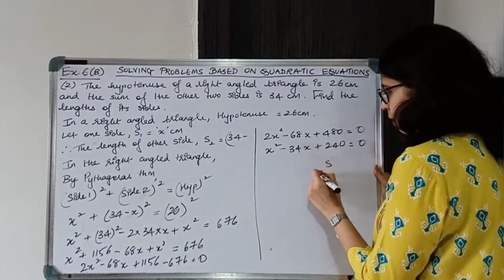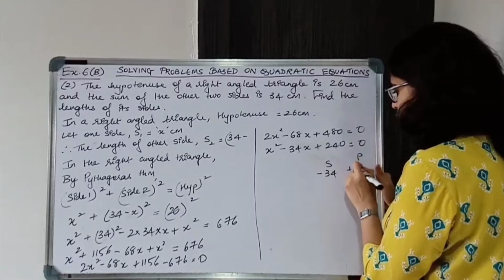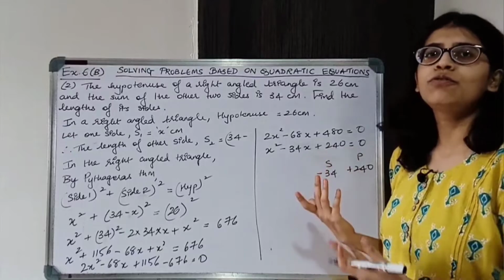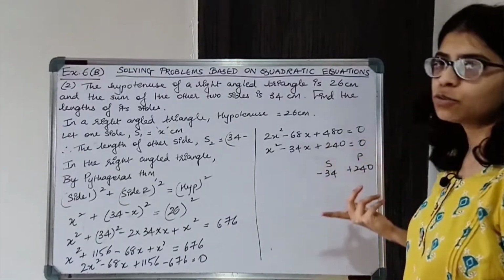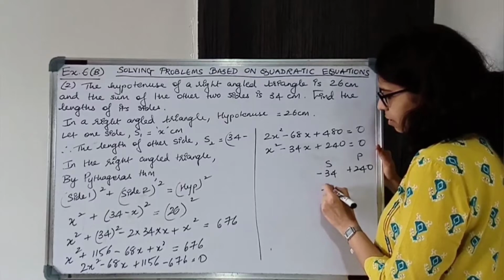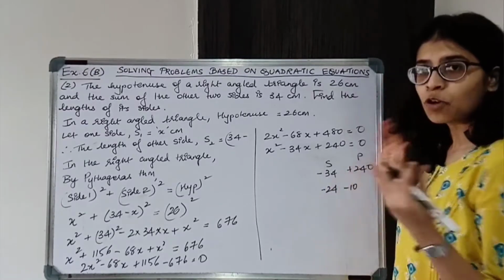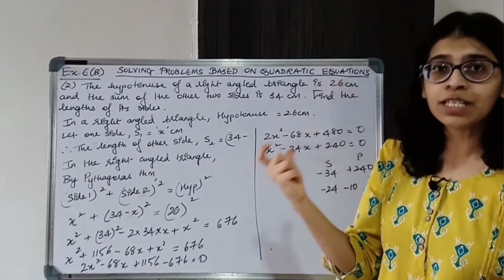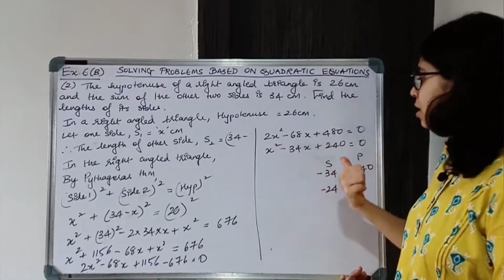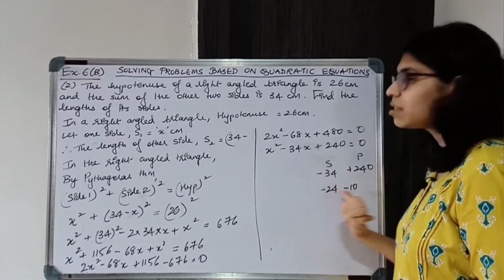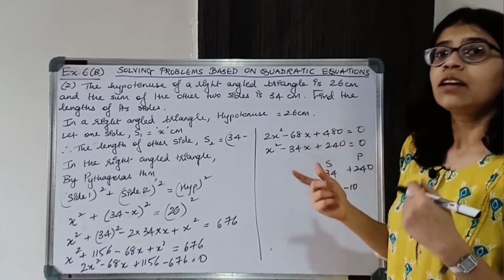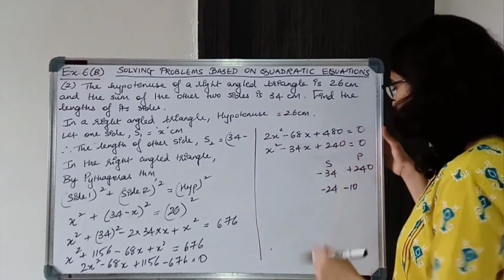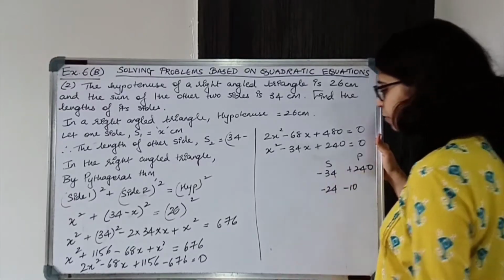Sum is minus 34, product is plus 240. It's very easy. 24 into 10 will give you 240 and 24 and 10 will give 34 sum, but the numbers will be negative, minus 24 minus 10. Okay, always notice the sum and the product. Product positive means both the factors have same sign. What sign will the sum tell you? Sum is negative, then it means both the numbers are negative. Okay, that is when both the numbers have same sign. Otherwise sum denotes the greater number's sign. So sum will give minus 34, product will give plus 240.